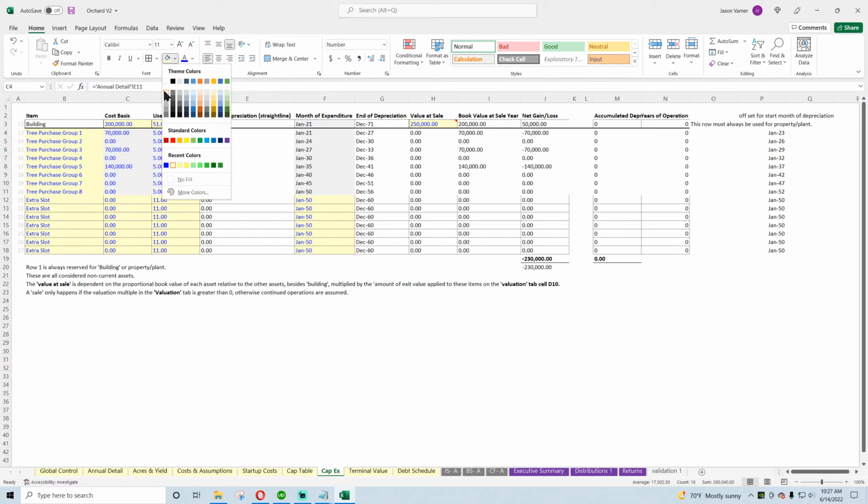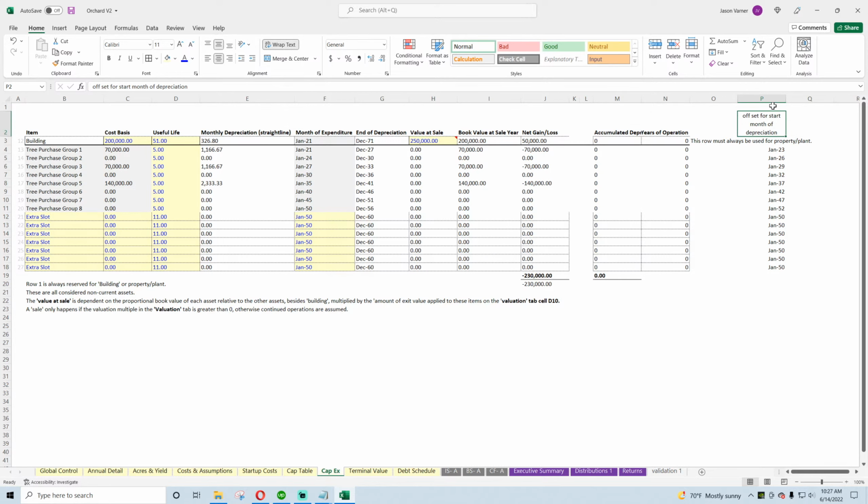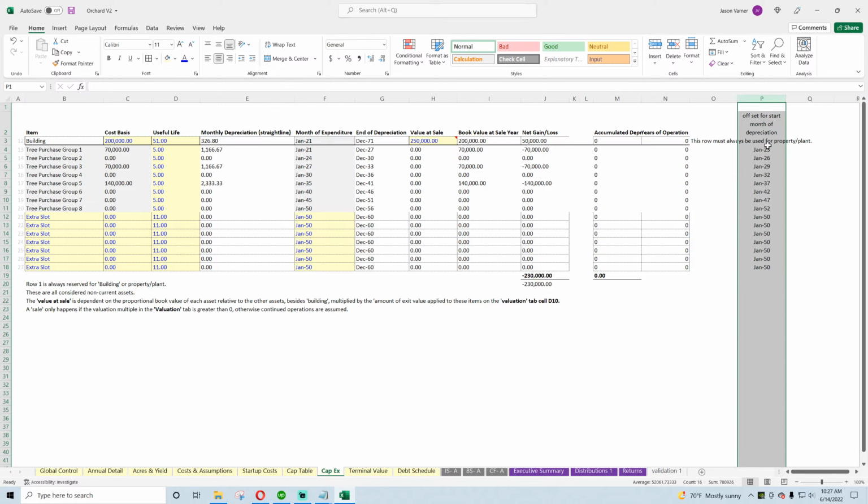So we'll just put these in gray. This is just your tree groups. You will want to edit the useful life. That's automatic. This is automatic. So the actual end of depreciation is this column, which